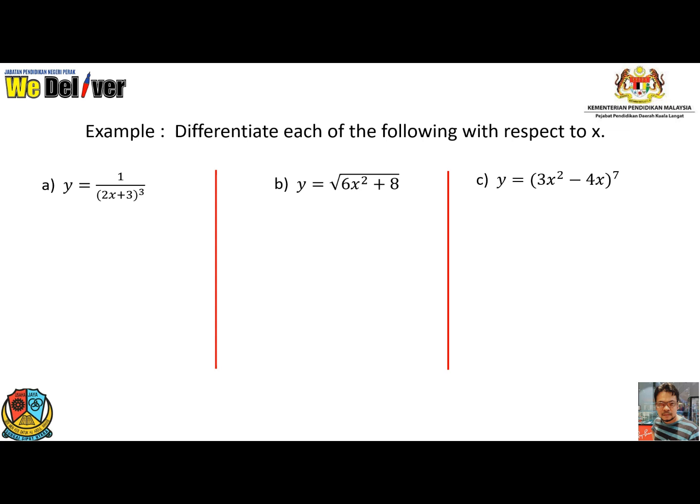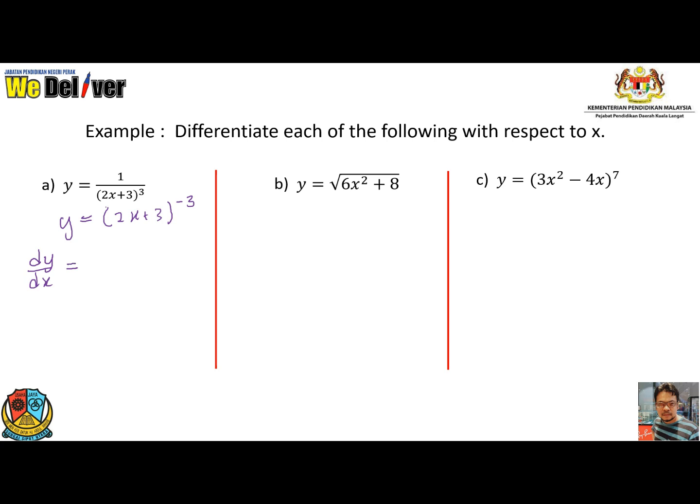We look at the function for a, the function is y equals 1 over (2x + 3) to the power of 3. Before we differentiate, we have to simplify first. Bring (2x + 3) to the power of 3 upwards. We get y equals (2x + 3) to the power of negative 3. Use law of indices, and then differentiate. Find dy/dx